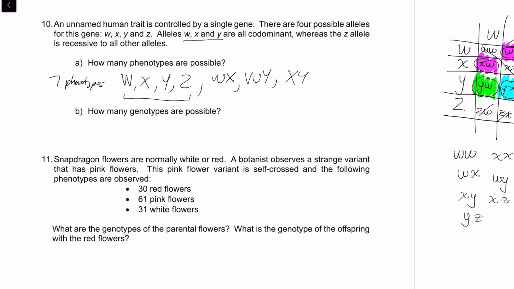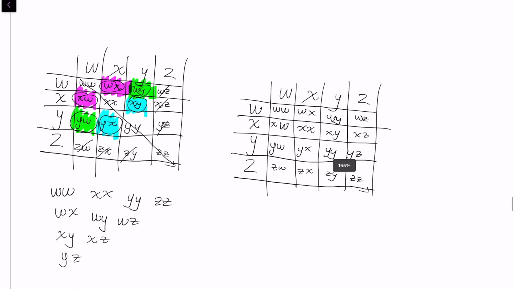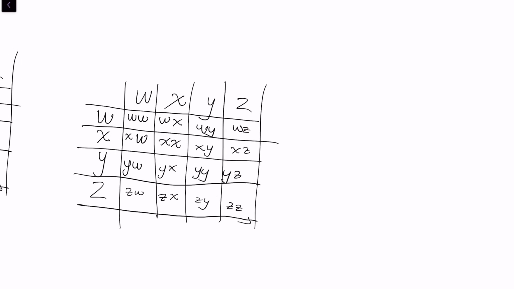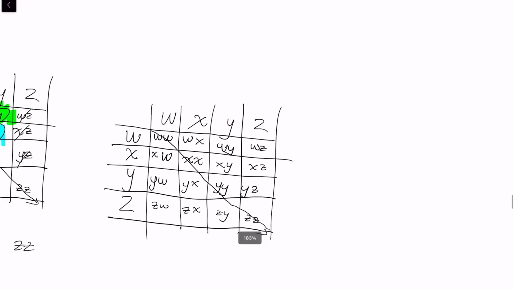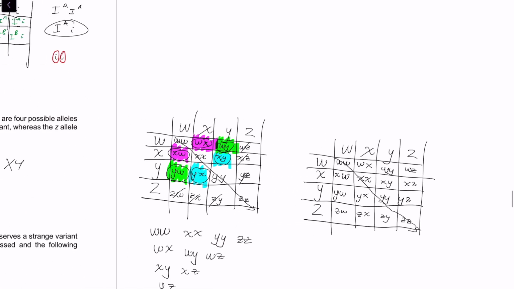Question 10b. How many genotypes are possible? So this is essentially trying to look and see, okay, I'm not talking about the phenotypes or what traits they present or are expressed as, but just the individual letters or allele combinations that we have. So we can just use the same technique as we did for phenotypes. We just take this diagonal from top left to bottom right to get the homozygous allele combinations, okay? Because we know those are going to have their own